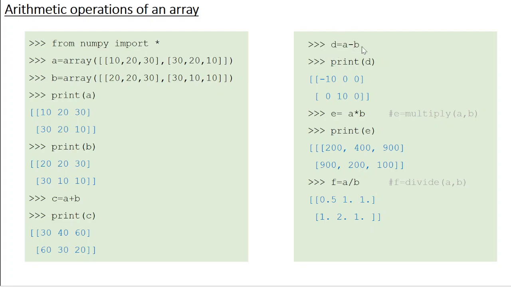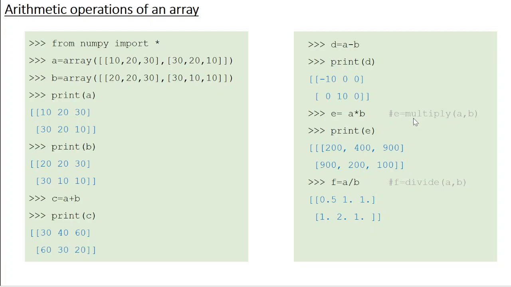Similarly, when you say D = A - B, once again you are going to get a 2 by 3 matrix where the elements are the difference of individual elements of A and B. Similarly, you can multiply the individual elements by saying E = A * B, or you can find the ratios of the elements using A / B. Now in NumPy, you also have other functions for multiplication and division.